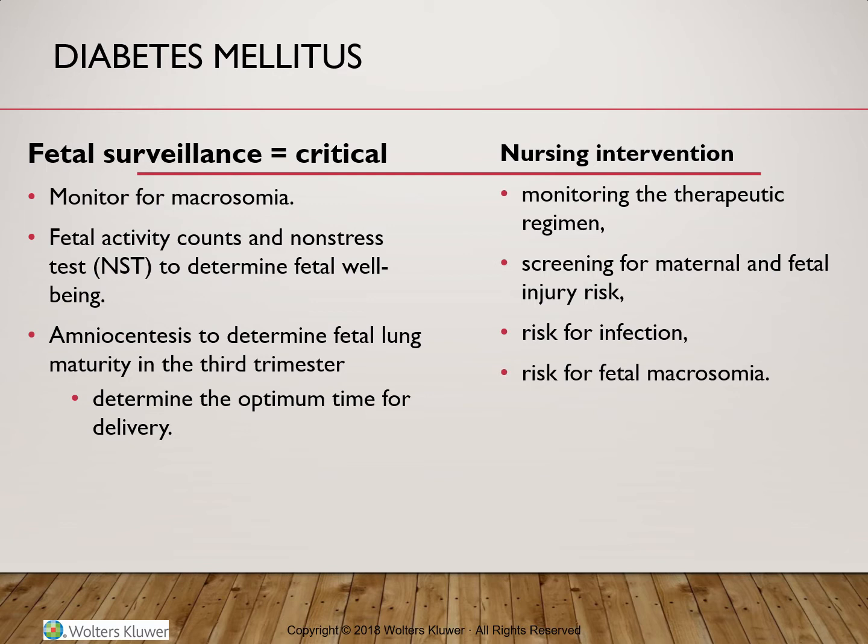This is important because in poorly controlled diabetes, we can have vascular damage, hypertension, and renal insufficiency. Not only do we observe the mother, but we also need to keep an eye on the fetus, and this is critical. An initial sonogram will be done in the first trimester to determine the gestational age and the fetal viability. We do a second one, at a higher level and more detailed, at 18 to 20 weeks to look for any kind of structural defects, including fetal heart defects.